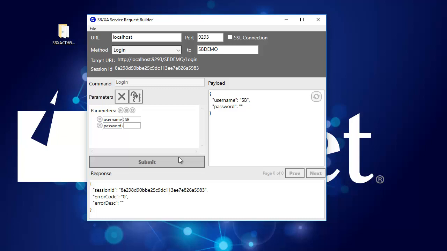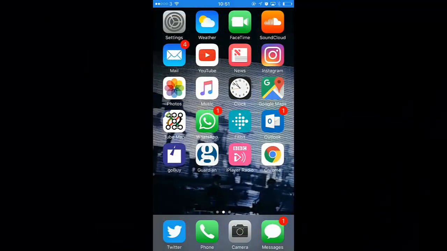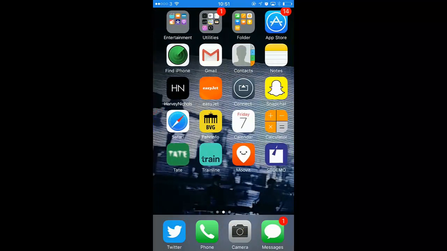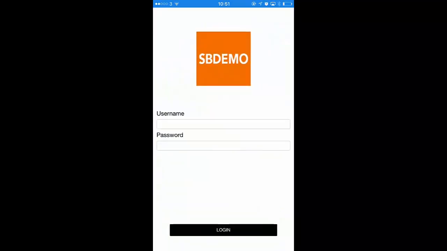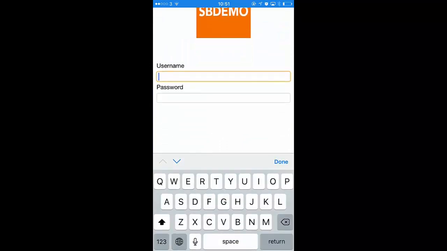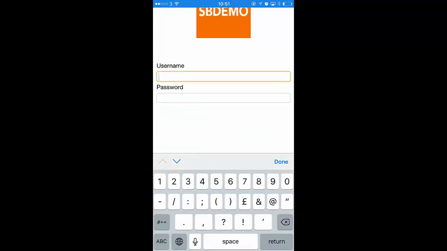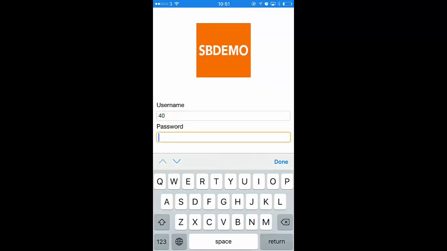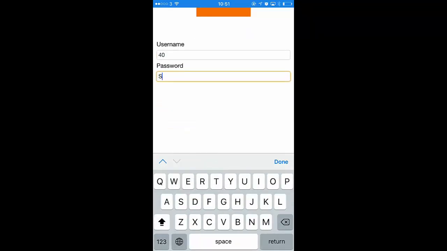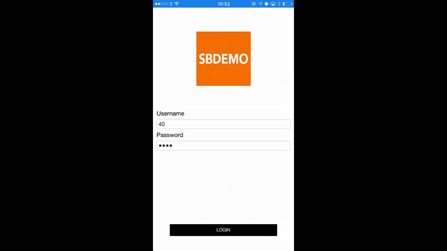SBXA services are designed to make your SB Plus and SBXA applications consumable in a web or mobile environment. The SBXA Service Request Builder, shipped with every installation of SBXA version 650 and later, is a mock web client designed to test your SBXA services. Success with the Service Request Builder indicates that your services are ready to be implemented in a web or mobile